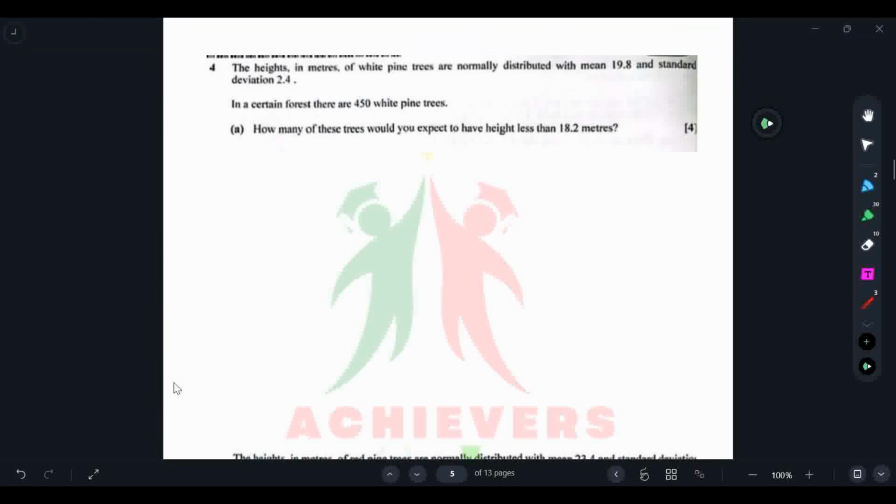The height in meters of white pine trees are normally distributed. The mean is 19.8 and standard deviation is 2.4. Now how many of these trees would you expect to have less than 18.2? So probability of x less than 18.2, this will be equals to,